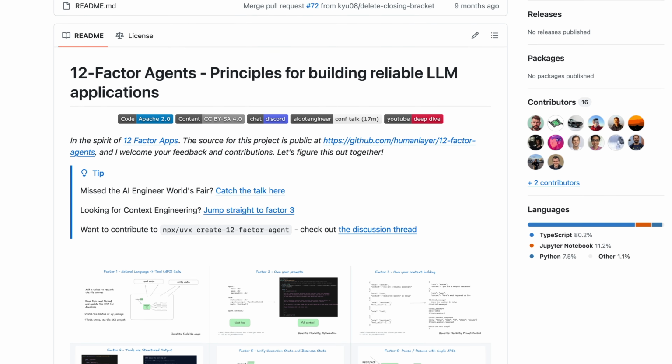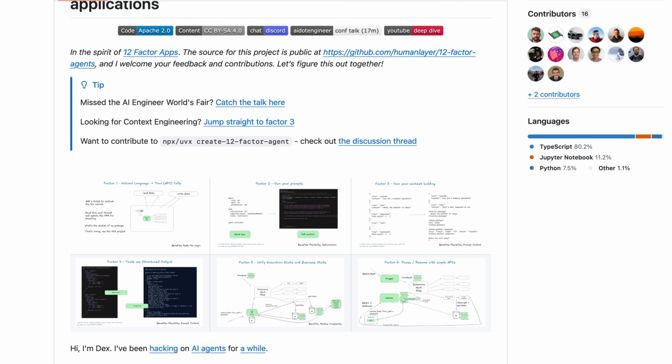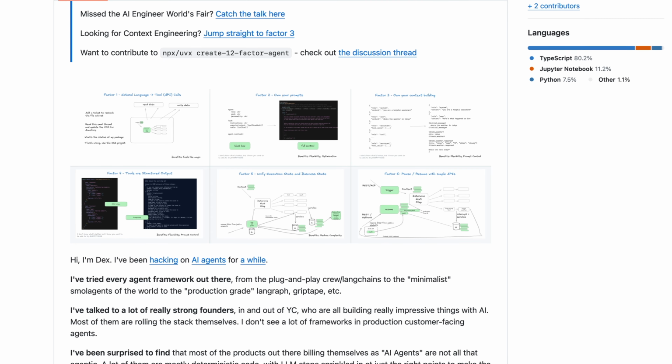This is less a tip and more like a mental shift. Because when you start, AI feels like this black box, like a magic oracle you send a wish to and just pray. But the problem with that picture is that you cannot debug magic. When the output is wrong, there is nowhere to look. And here's the reframe. It comes from a repo I would genuinely recommend reading, 12-Factor Agents by Human Layer.